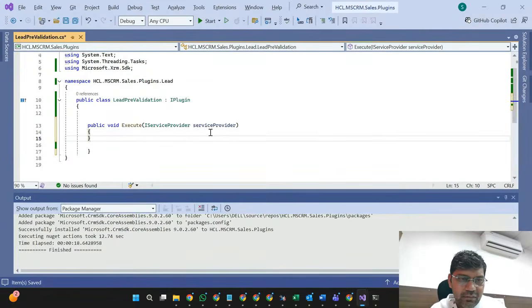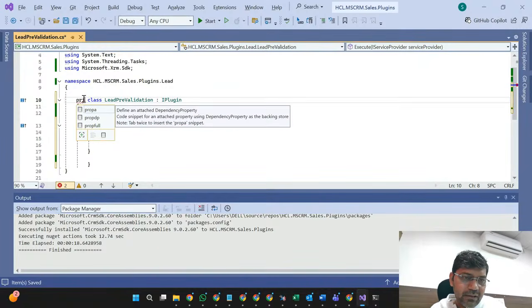Without this one it will not accept, because it should have an Execute method here. And let me show you what is the benefit of public or private here.